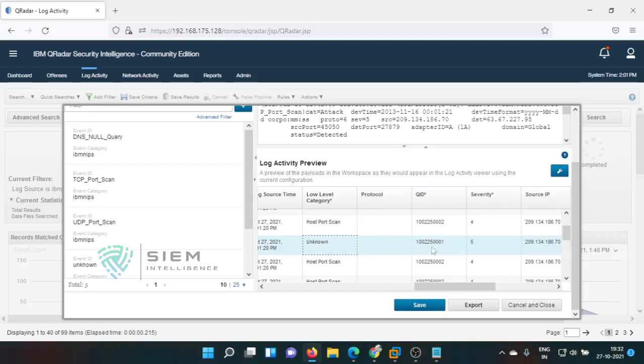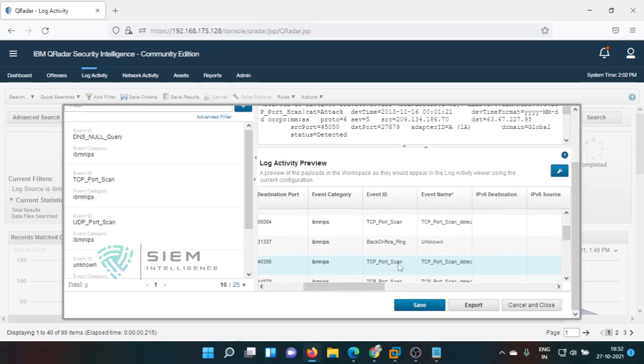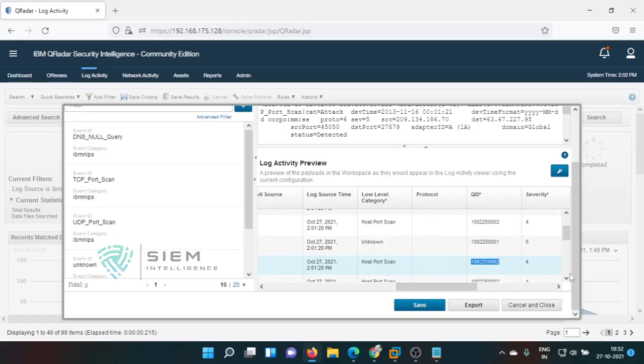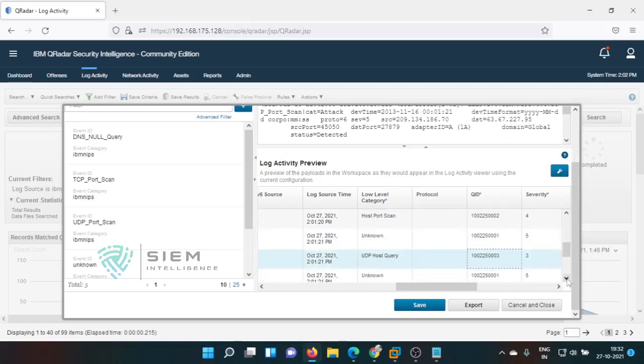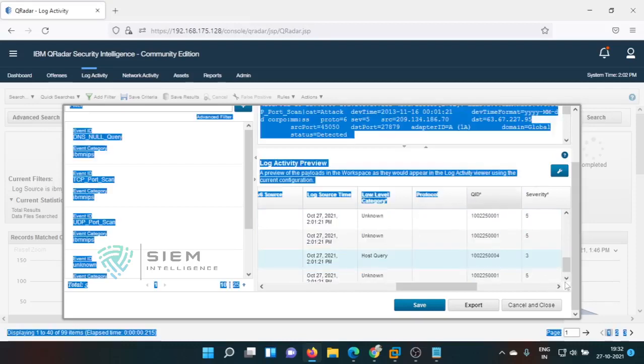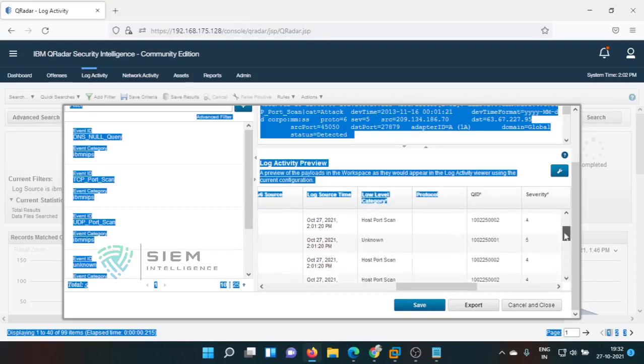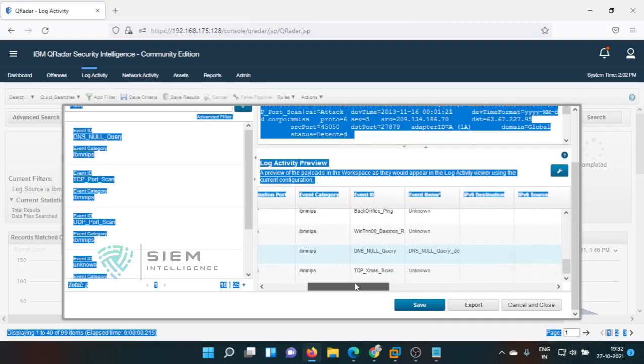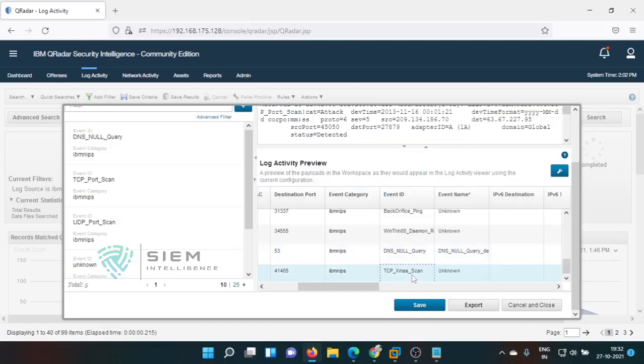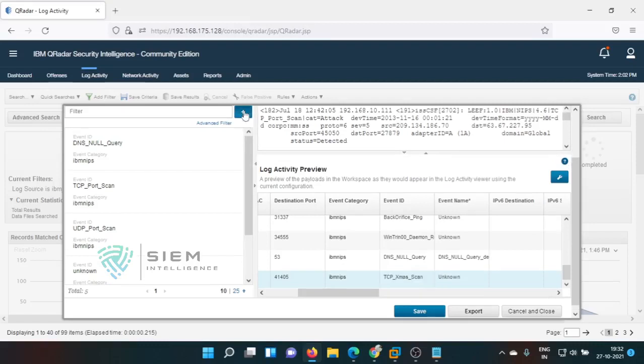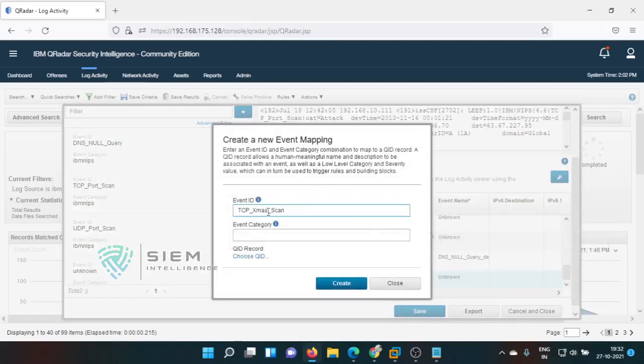If anything comes related to this unknown, you can keep an unknown event as this one, and from here onwards you are giving the manual QID to your required event names. See, for TCP ports it is 02, for the UDP port it is 03, for null scan and all it is 04. Like that we have created so many QIDs. Like that you can also create one more. I'll finally create one more. This is Xmas scan. I'm going to create the last, and we'll see whether logs will throw with this event IDs or not. See, is there any space, no space.